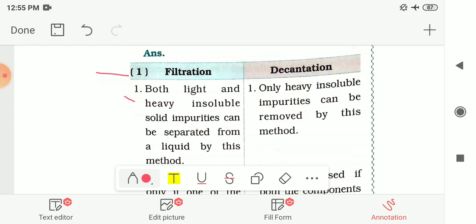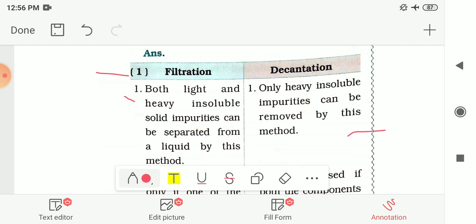So in filtration, both light and heavy insoluble solid impurities can be separated from a liquid by this method. By filtration we can separate the light and heavy insoluble solid impurities from the liquid. And decantation we use to separate only heavy insoluble impurities.